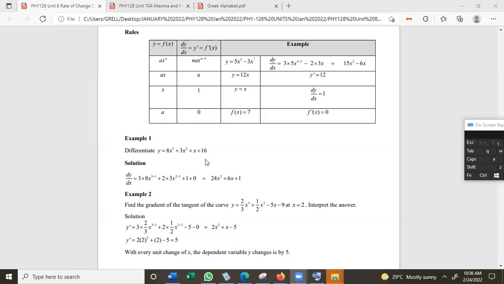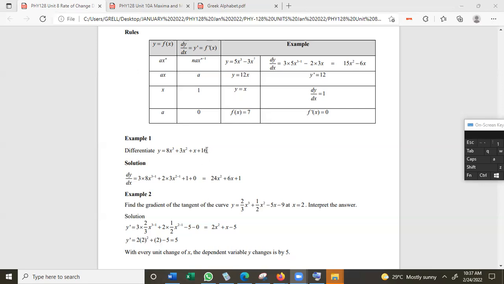separately and then added. So we're going to apply it to the 8x cubed. Here we multiply 3 by 8 and we subtract 1 from 3. Multiply 2 by 3, subtract 1 from 2. Multiply 1 by 1, subtract 1 from 1. And here x turns to 1. A constant has no